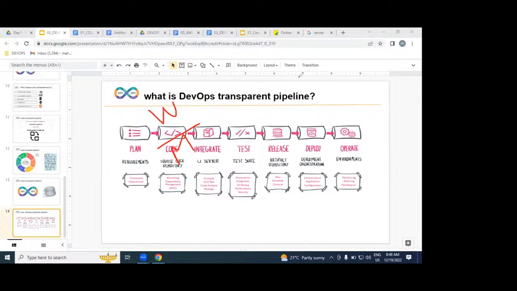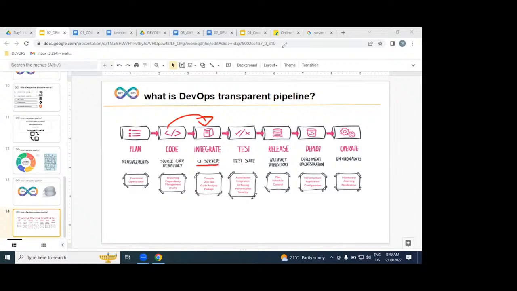But how many developers do we have? Please, anybody help me? How many developers? N number of developers. We don't know. So every day, morning to evening, each and every developer writes N number of code. But all developer source code, we need to integrate or not? Yes, we are going to integrate. How? Continuously, we are going to integrate.